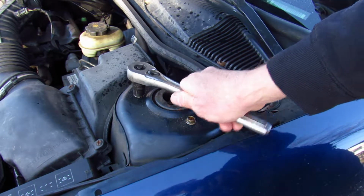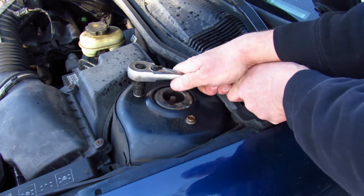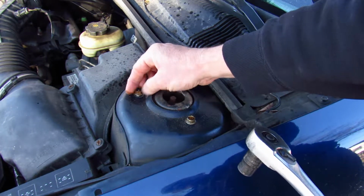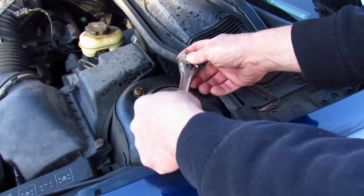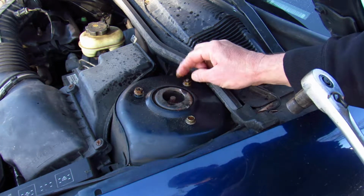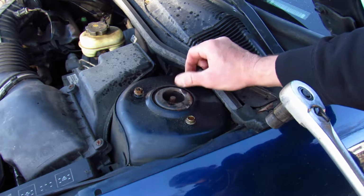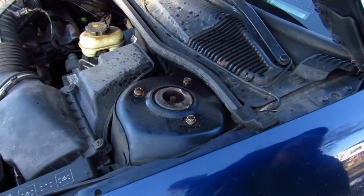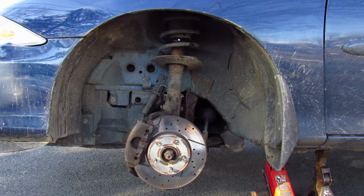And I've already sprayed them with a little WD-40, so this is just a 13mm socket, and these came off really easily. 1, 2, 3. So I'll just leave those there for now, and they'll hold the strut in place when it drops out from the bottom. Now I've jacked up the car and put it on a jack stand for extra support and safety,